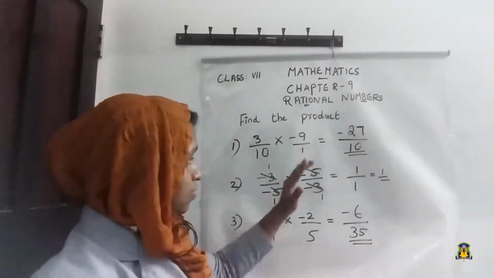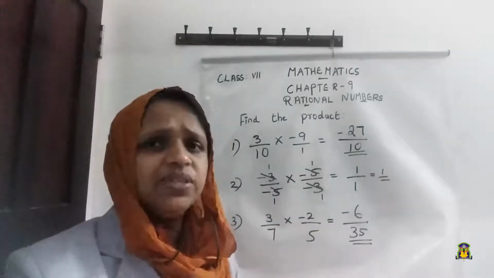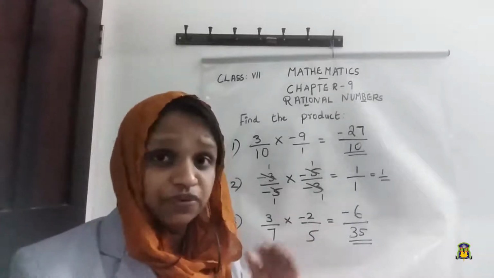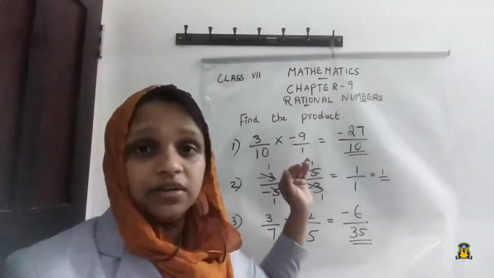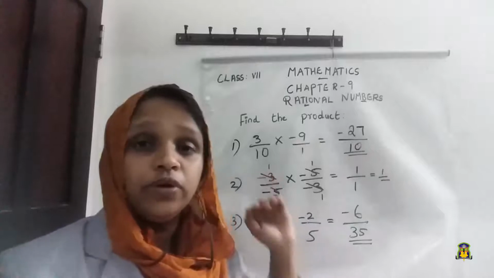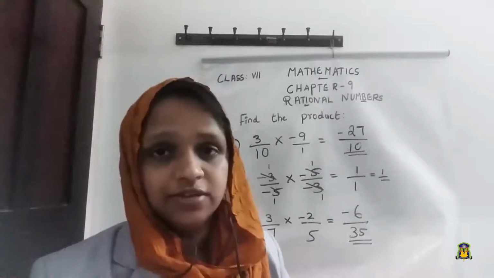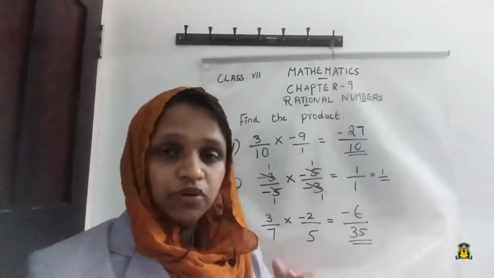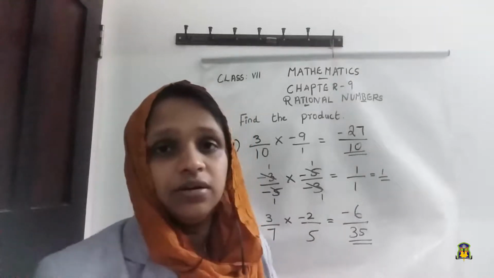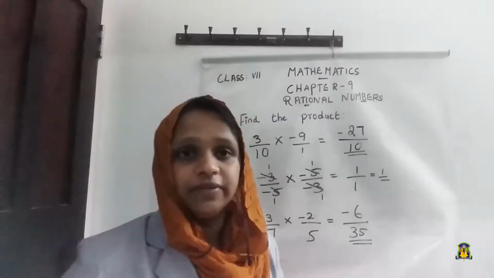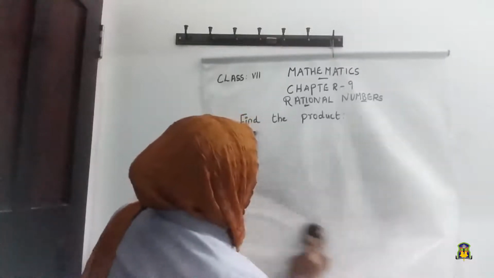Okay, so this way we are multiplying two rational numbers. In this we deal with a negative integer. That is the only difference from the fractions. The steps are almost the same. Okay, so to multiply a rational number with another rational number, what we want to do there? Multiply the numerators, by multiply the denominators. Okay, then before multiplying, if it is possible to reduce, you must reduce, so that you can move on to simple calculation.